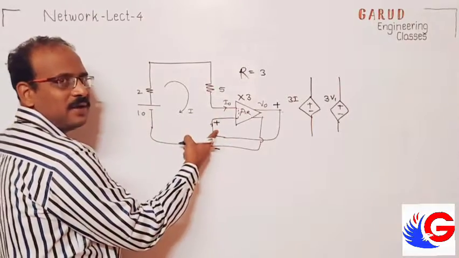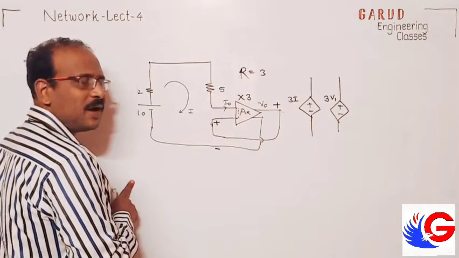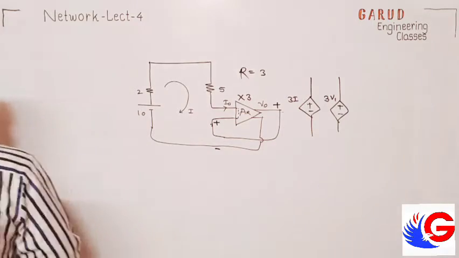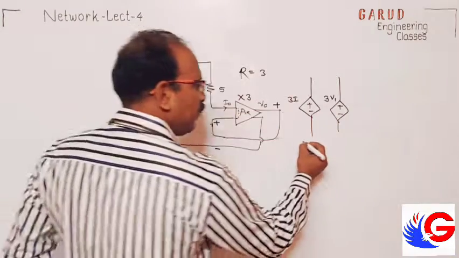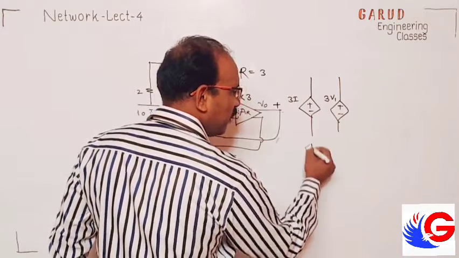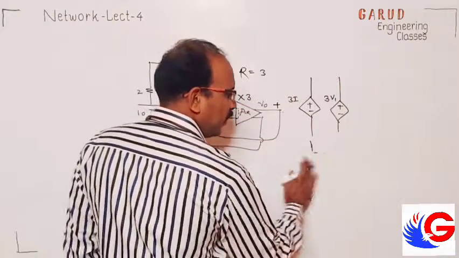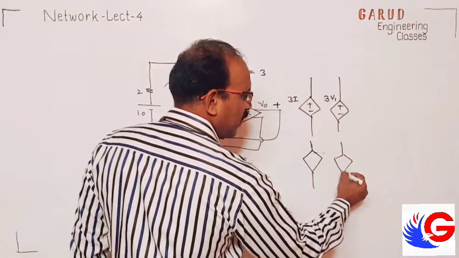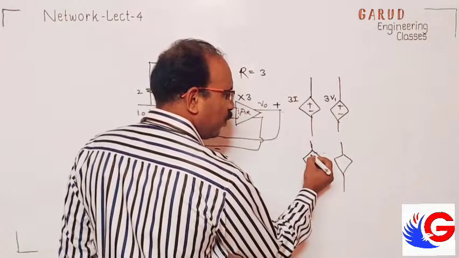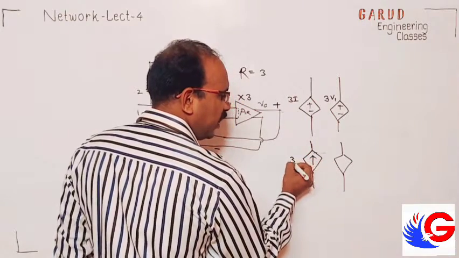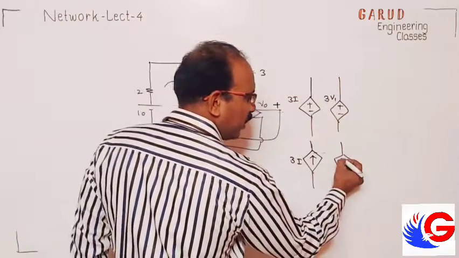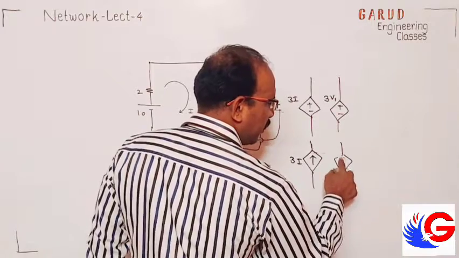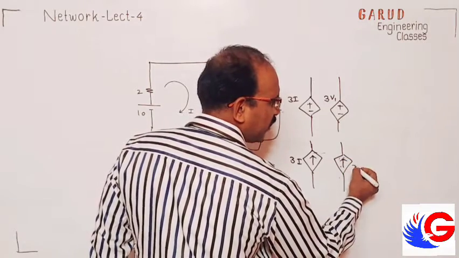So what is this? Now it is sensing voltage. How to sense the voltage? Voltage should be sensed somewhere. So what will the amplifier be? Okay, I will tell you this. First I want to tell you about current sensing, so I will change this part. Voltage sensing and current sensing. This is a current sensing circuit. So here also I want to make a current sensing circuit, 3I. Here I want to make a voltage sensing circuit, 3V1.